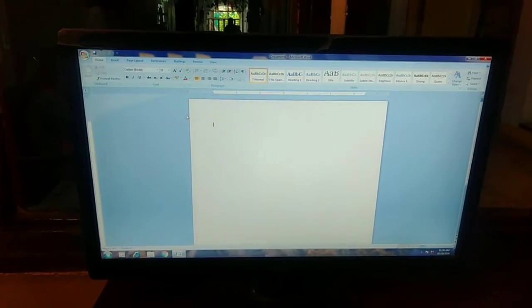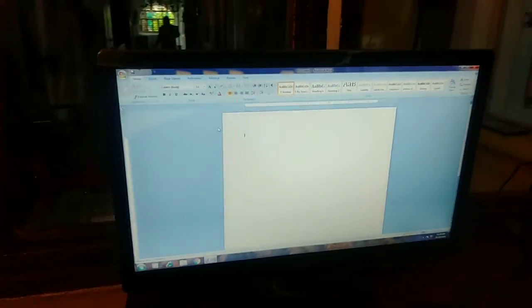As I told you, Microsoft Word is used for editing. Basically, Microsoft Word is used for typing, editing and formatting. I hope everybody remembers this. These three words basically I want to explain. Microsoft Word is used to type any kind of document. Any kind of document we can type in it. And edit means we can make changes in the document. And format means we can decorate the document.